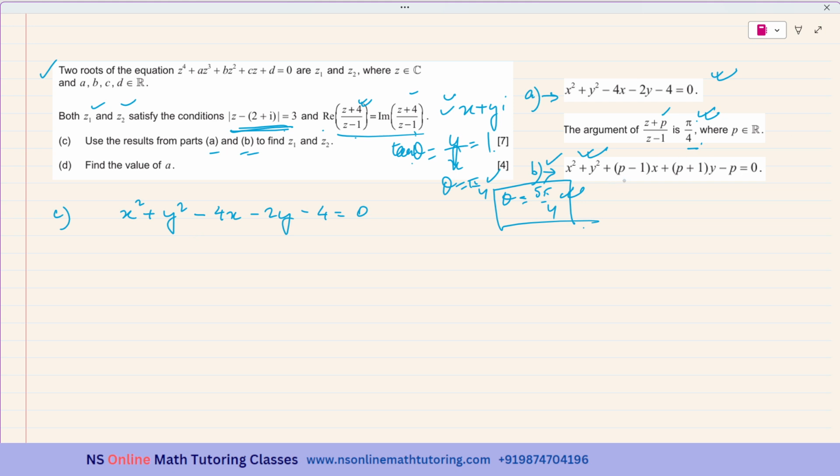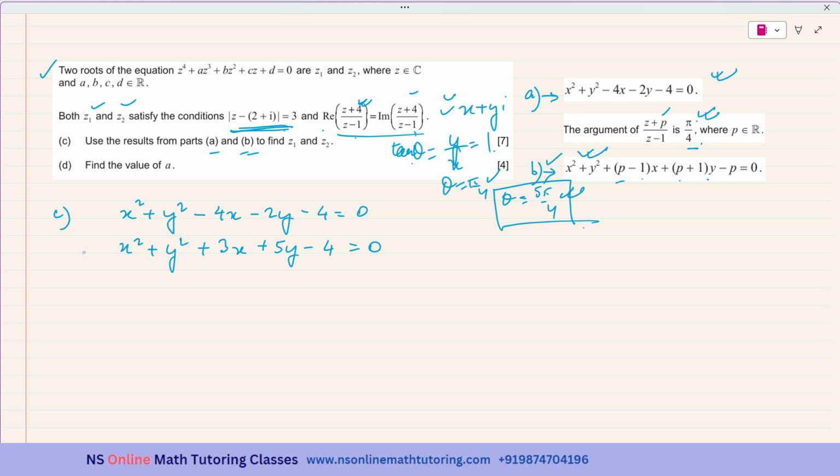Okay. And the only thing that I'll be changing is in place of P, I will be writing 4, because it is z plus 4 over z minus 1 in place of z plus P over z minus 1. So x square plus y square, 4 minus 1 is 3, so 3x, and 4 plus 1 is 5, so plus 5y, and minus 4 is equal to 0. Okay. And now